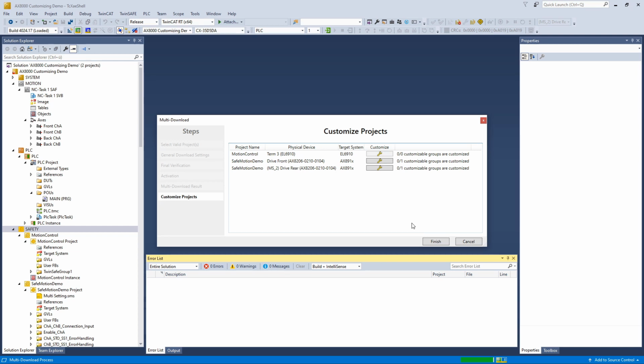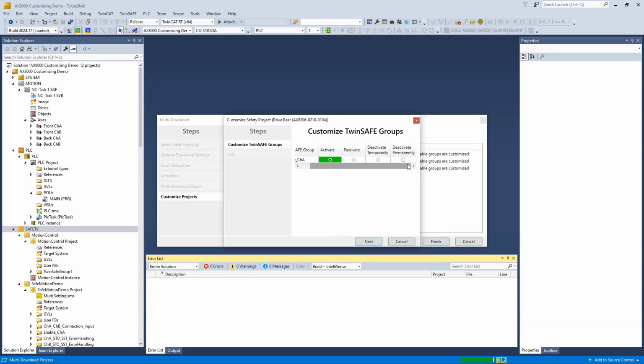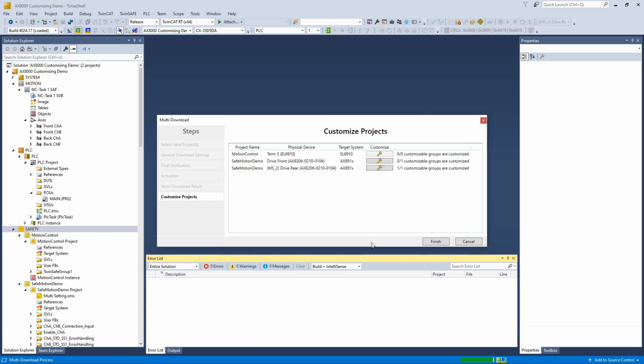And in our tutorial today, we won't be using the hardware inputs on our rear drive. So we click on the customization button and we choose deactivated permanently for that enable group we created. And then we can finish up the wizard